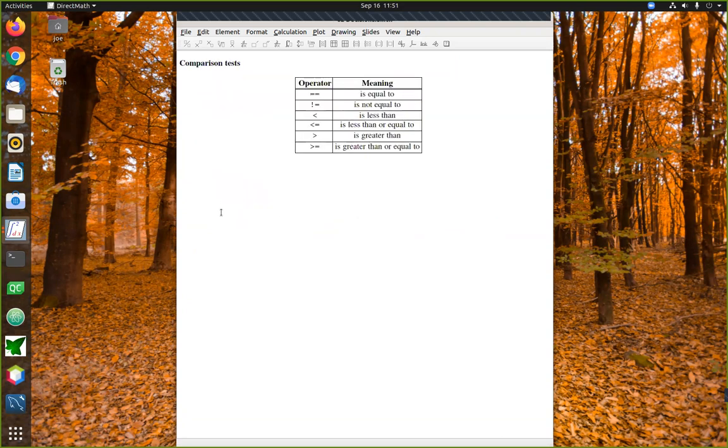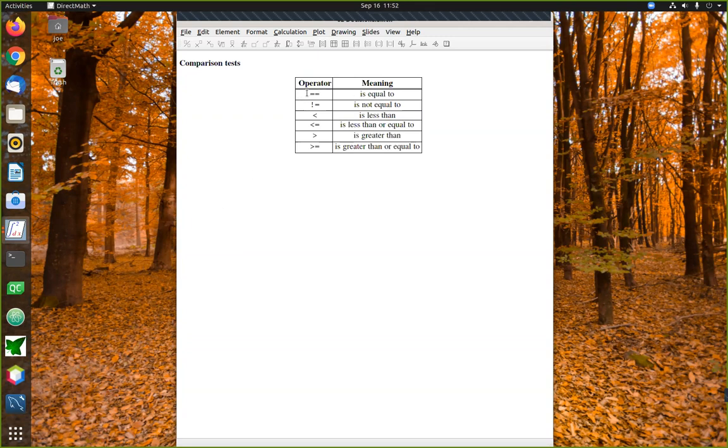Okay, if not, let's go on and talk in a little bit more detail about one very important part of the if statement, and that is the test. As we've seen, every if statement has to have a test, which is basically a question you ask. And the main mechanism that we have for asking questions involves what are called comparison operators. And here's a list of 6 different comparison operators that are available in Java. As the name suggests, these are all used to compare two things to each other. So here are 6 different ways that you can compare two values to each other and turn that into a true-false question.